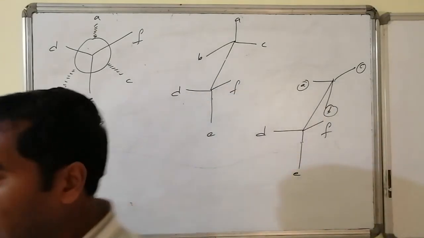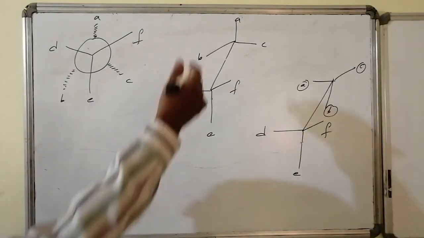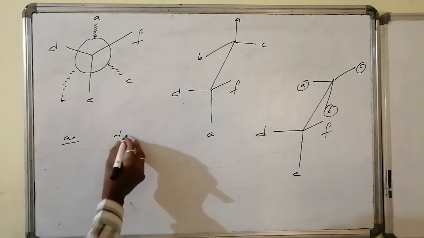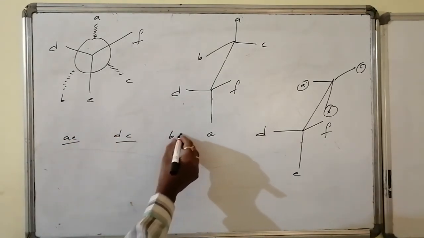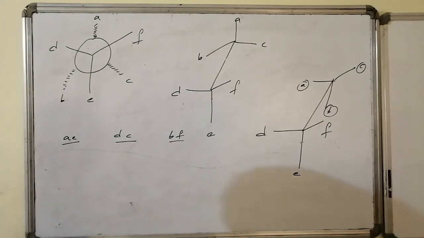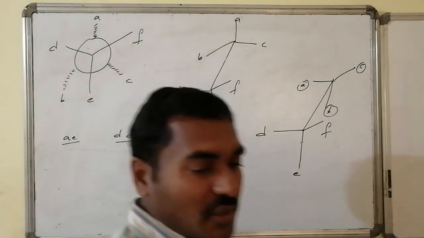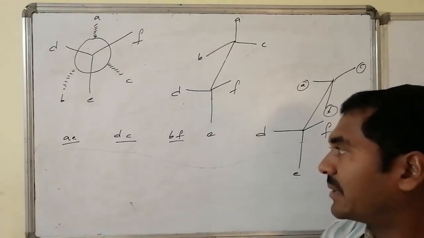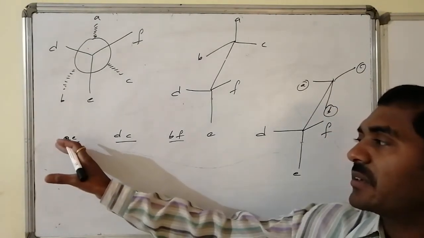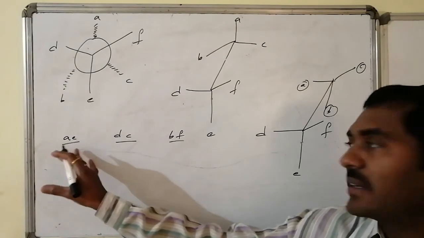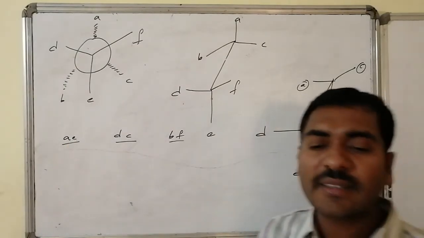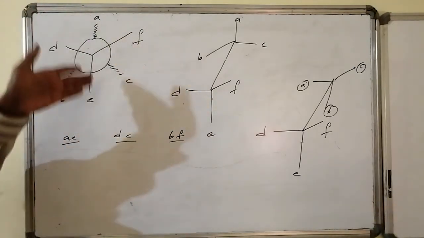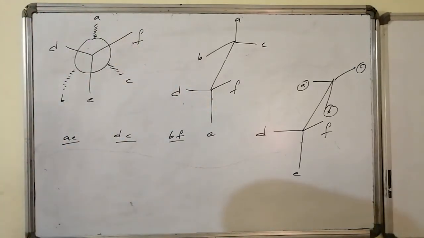Now here, if anti-elimination occurs, suppose here and here it is the same. A and E groups are going to be eliminated. D and C groups are going to be eliminated. B and F groups are going to be eliminated. You have the chance to rotate and apply the same rule for any of the atoms. Thus you will get not only the A followed by E combination, the AD combination and AF combination also you can get. I am giving minimum examples. Suppose A and E are eliminated, A and E which make a dihedral angle of 180 degrees are eliminated.